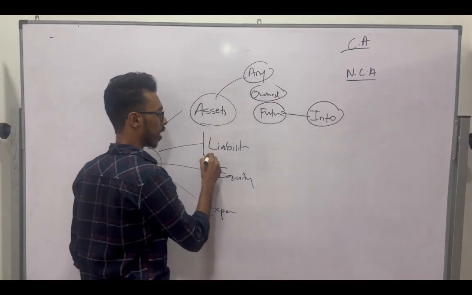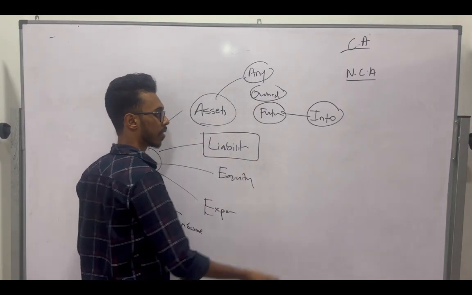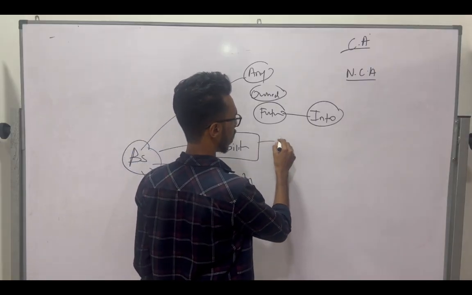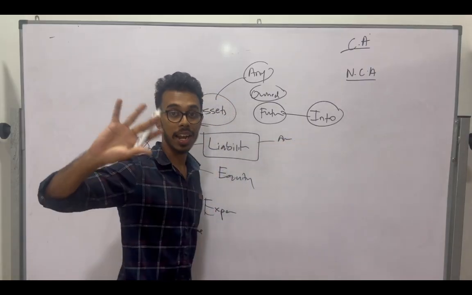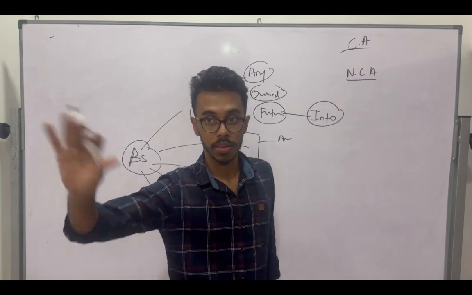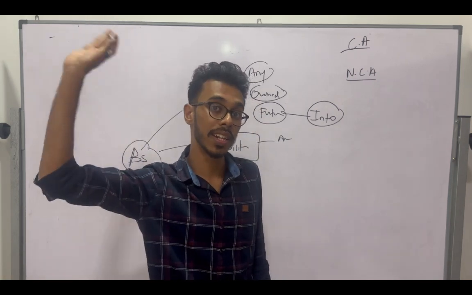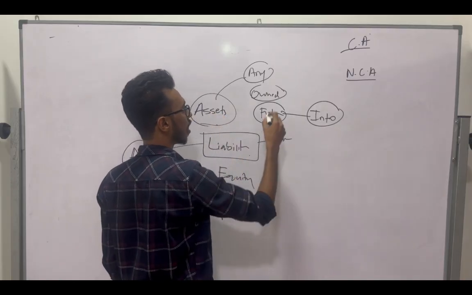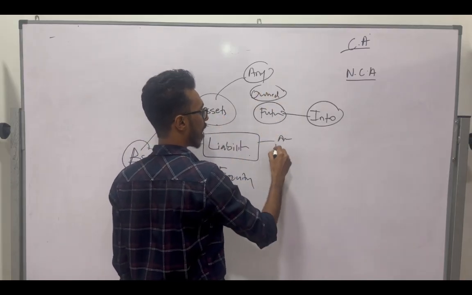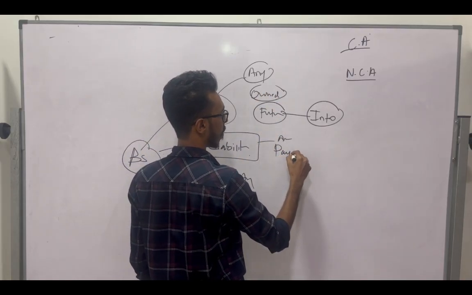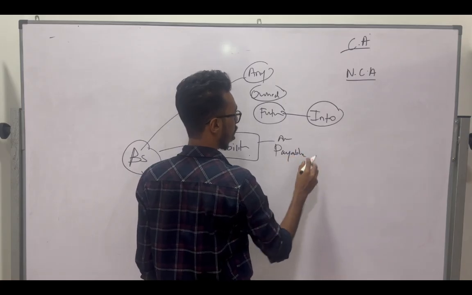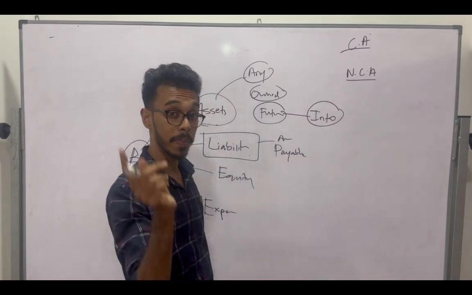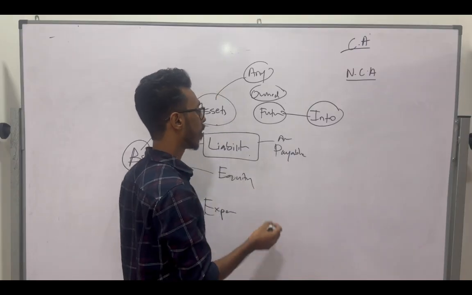And then there are the liabilities of a business. Liabilities are also anything, but here the liabilities are not covered by the business. Liabilities are a kind of responsibility for us. Liabilities are things which are payable by a business, generated as a result of a past transaction,